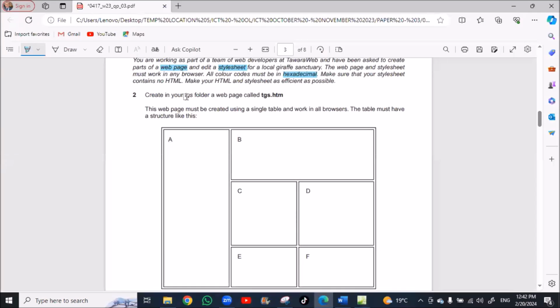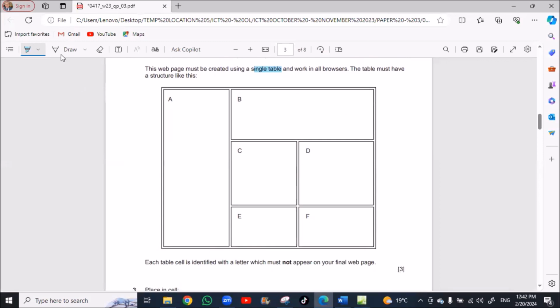Creating your TGS file. This web page must be created using a single table and work in all browsers. The table must have a structure like this. We have dealt before with how to make the table: we count the maximum number of rows and the maximum number of columns.